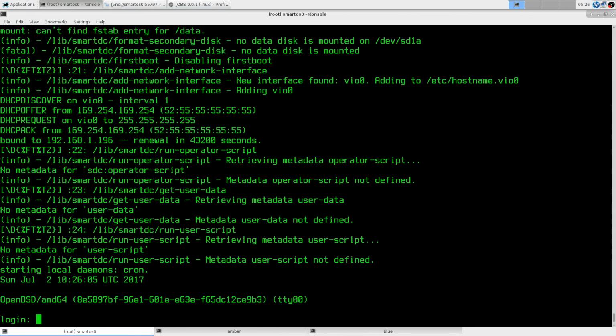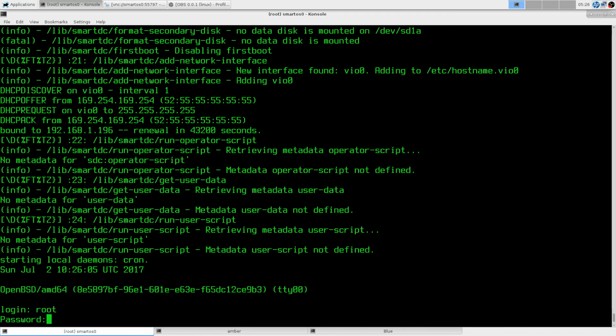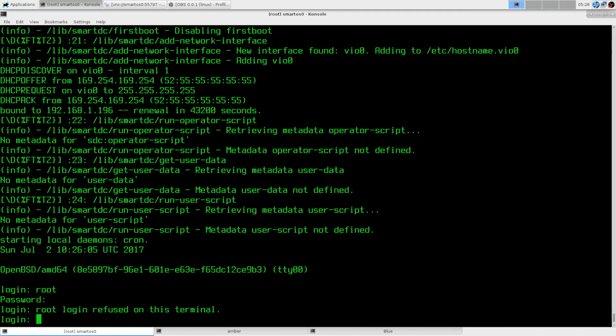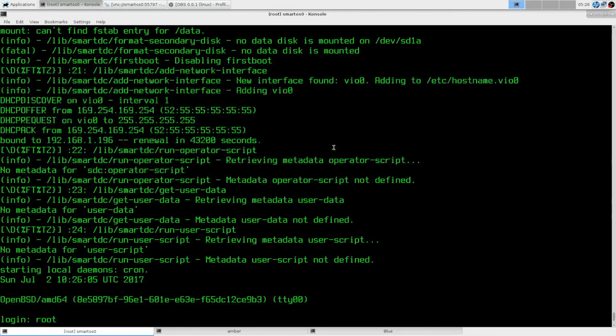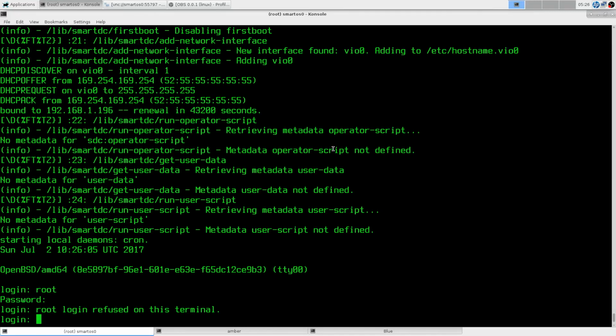Now we should be able to log in with that password. Well, that's annoying. Won't let me log in. I probably should have set the admin. There's going to be an admin account. So control and right square bracket does that. So let me see if I can get